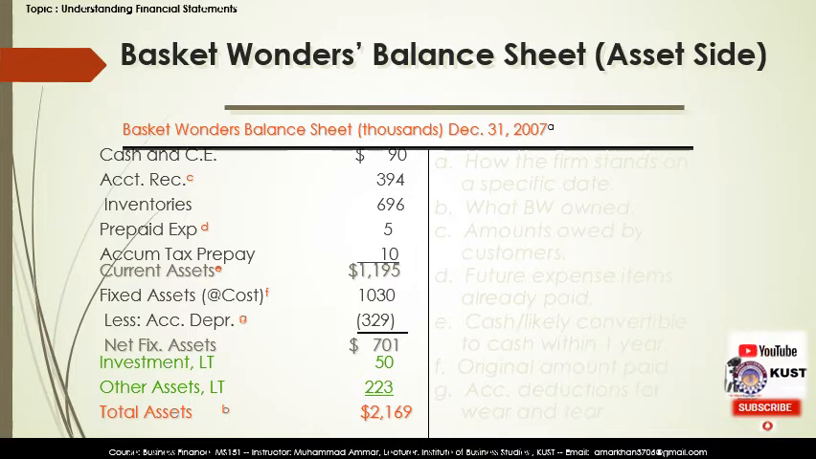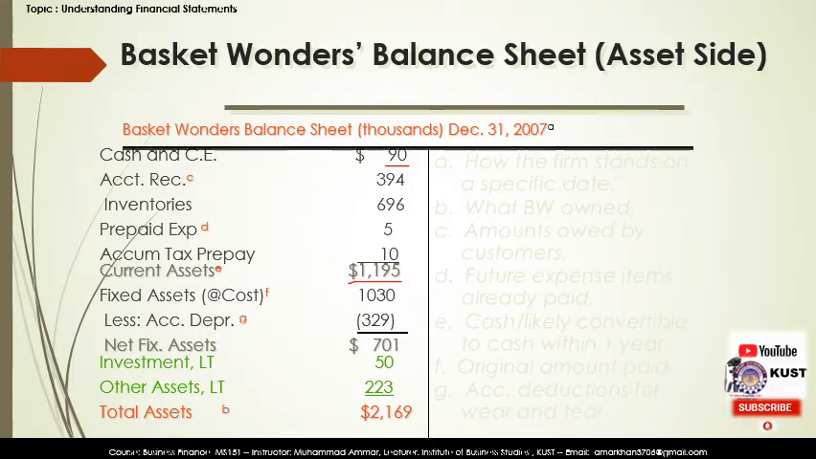So you see, they have put an example of the Basket Wonders balance sheet, and this is the asset side of the balance sheet of Basket Wonders. On December 31st, 2007, all these terms are in $1,000, right? So we see cash and cash equivalents, accounts receivable, inventory, prepaid expenses, accumulated tax prepay. So current assets are totaled at